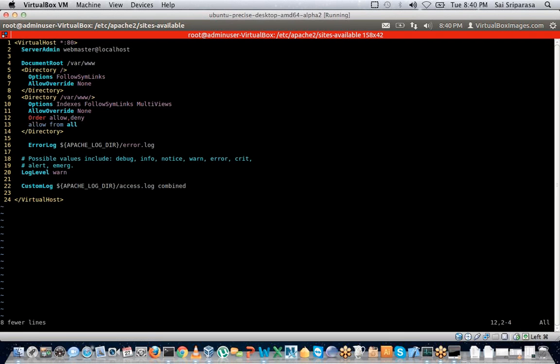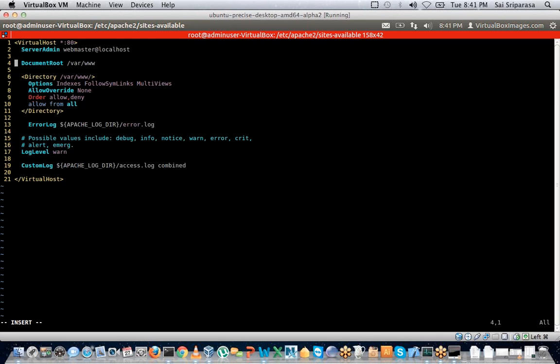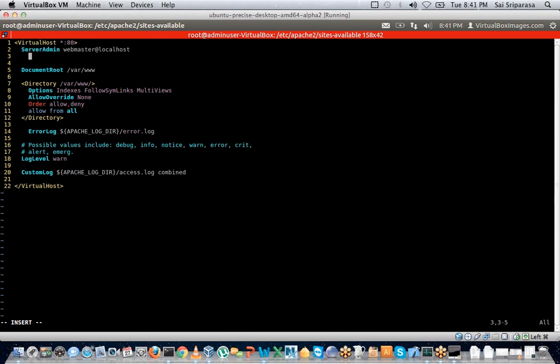Okay, so let's actually delete, because this one has allow from all. Let's keep it, and let's remove this one. Okay, so there are only three things that you want. The first thing would be the server name. The server name is going to be, let's call it, trainingdelete.com,